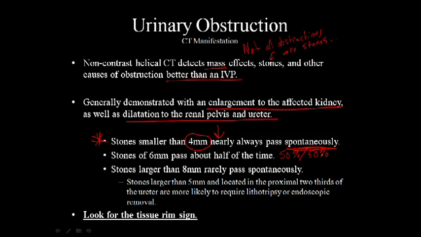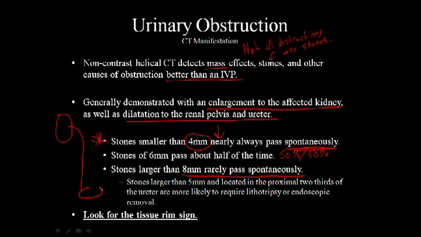Stones larger than 8 millimeters rarely pass spontaneously, so there's going to be nothing that you can really do to get this thing to pass. Stones larger than 5 millimeters and located in the proximal 2/3 of the ureter are more likely to require lithotripsy or endoscopic removal. So basically, if we draw a ureter here, here's the kidney,